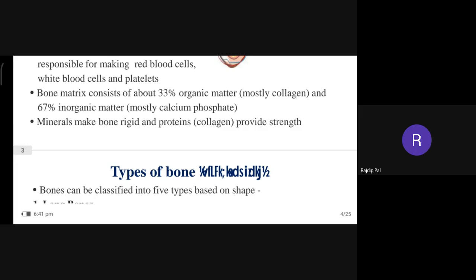Okay, so minerals are hard. We all know minerals are hard in nature, so they make the bone rigid. Like